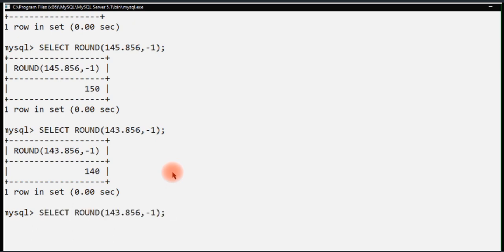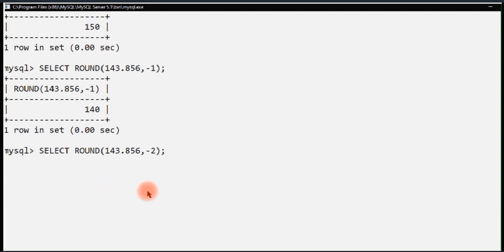Now take one more example here. If I am taking 2 here, 2 means I am going to convert it into hundreds. Now we are going to check two values here, which is 43. It is less than 50. Less than 50 means now we will go to the 100 side, or we could go to the 200 side. But here we are going to move towards the 100 side. The reason is that it is less than 50, that is 43. So the answer will be 140.